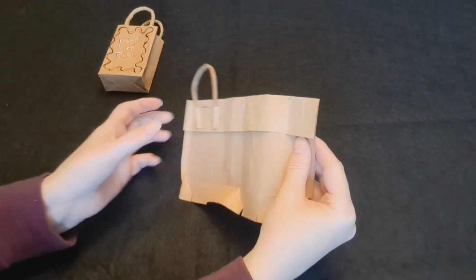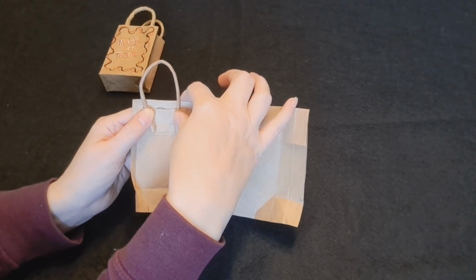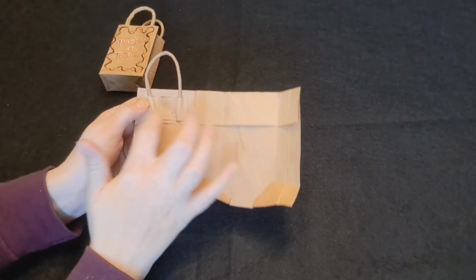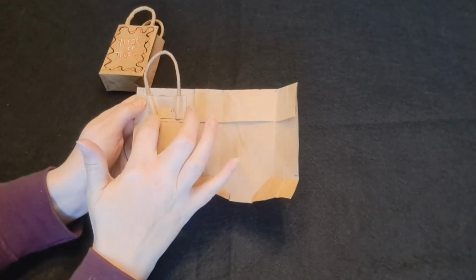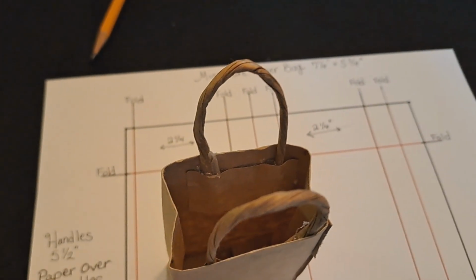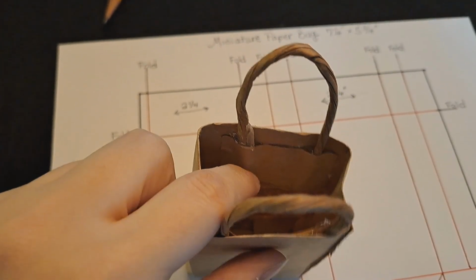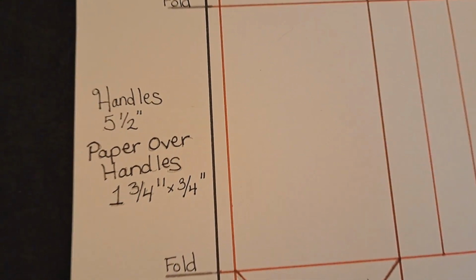As you can see, I just put in this one. I hot glued it down, and then I put the paper over it with some more hot glue to keep the paper down. I just realized that I didn't tell you how big to make this little paper that goes over the handles. And I made